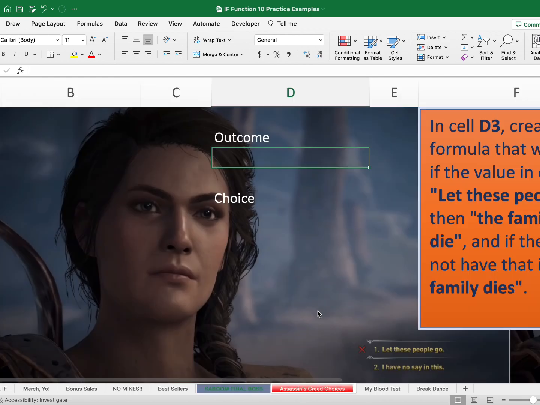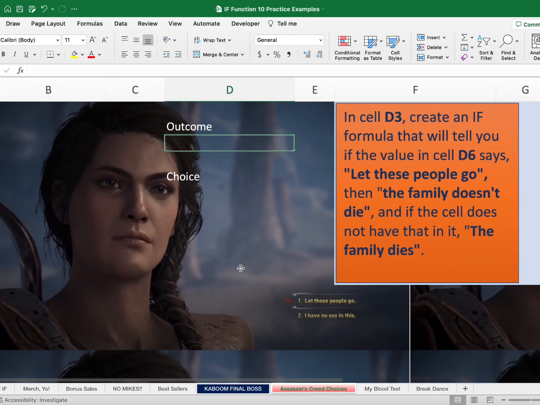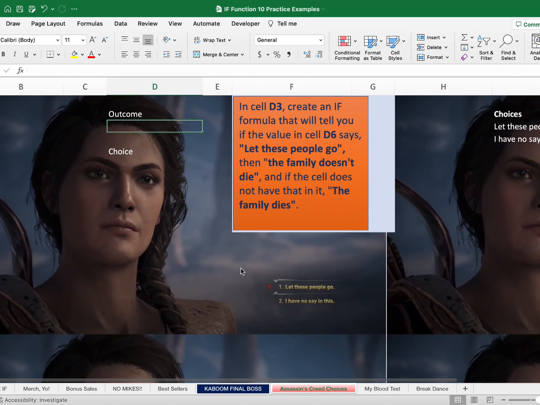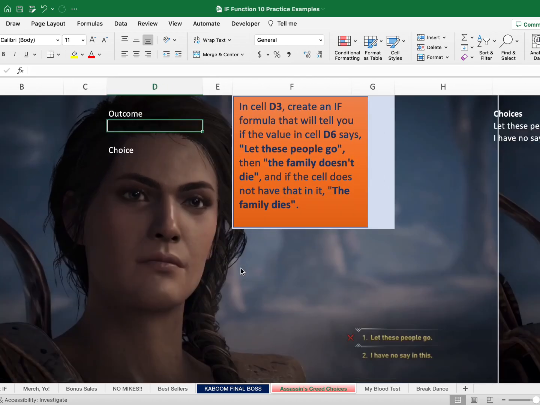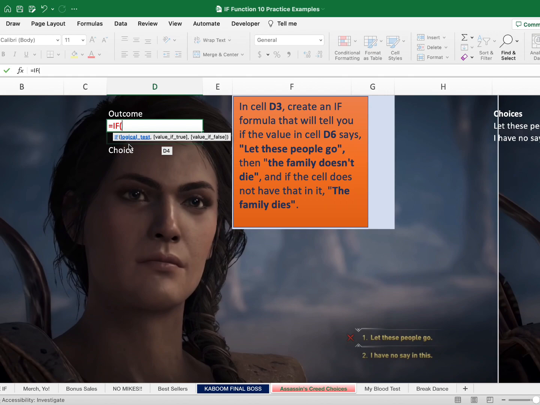And then for the next example, okay, it says in cell D3, create an if formula that will tell you if the value of cell D6 says, let these people go, then the family doesn't die, and if the cell does not have that in it, the family dies. Okay, perfect. So cell D3, and I calculate equals if, and then if cell D6,